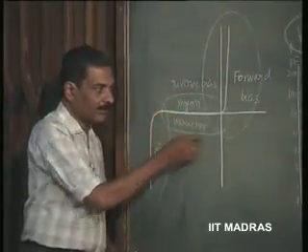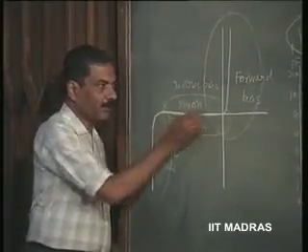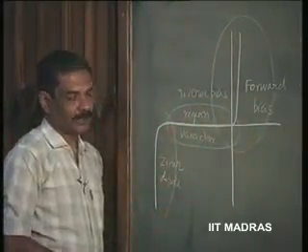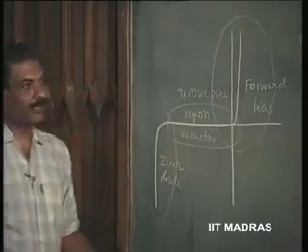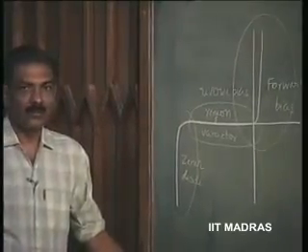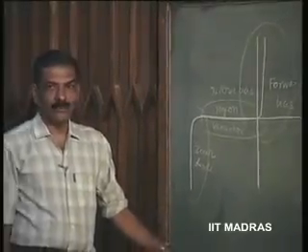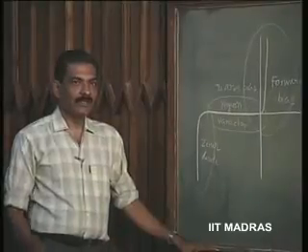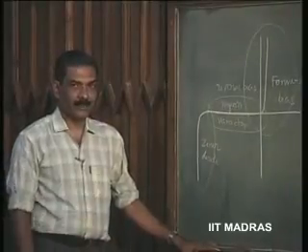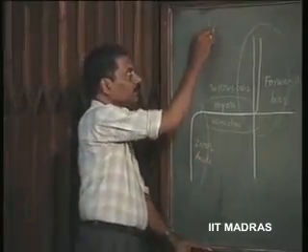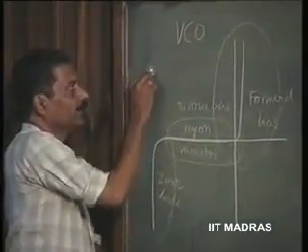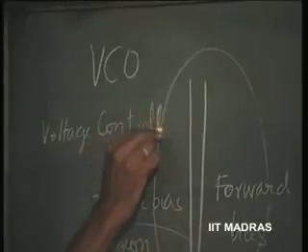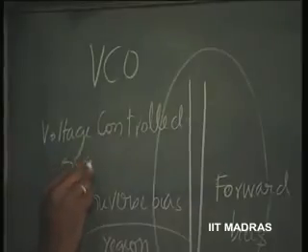In this region where it is neither breaking down nor going to the forward region, when it is biased properly, it can be used as a capacitor. Where do you use this variable capacitor or Varactor diode? Whenever we want an oscillator, okay, LC oscillator, we will discuss this later, whose frequency of oscillation has to be varied by varying a voltage, a voltage controlled oscillator,